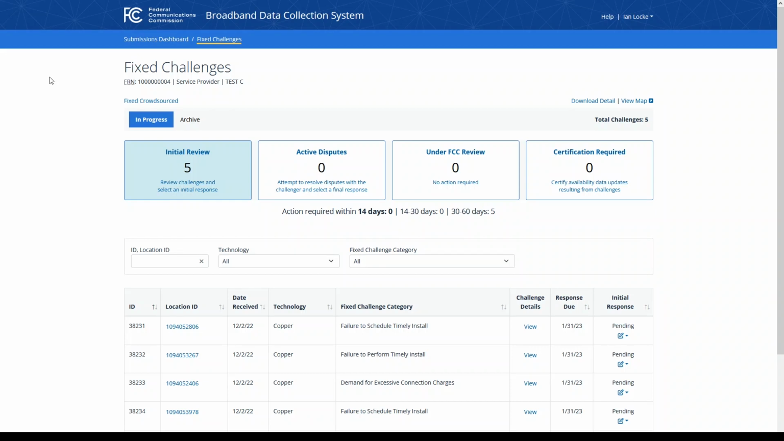To illustrate how a provider may respond to an individual challenge, I will start within the initial review step. When a challenge has initially been filed against your entity, it will fall within this grouping. You have 60 days to review challenges within this bucket and select an initial response. In the table on the page, you can see a list of the 5 challenges filed against my entity that